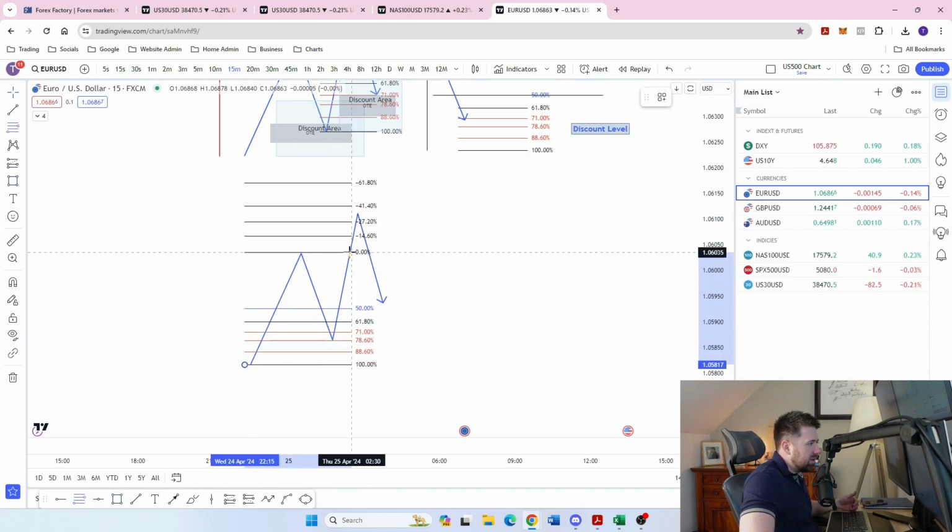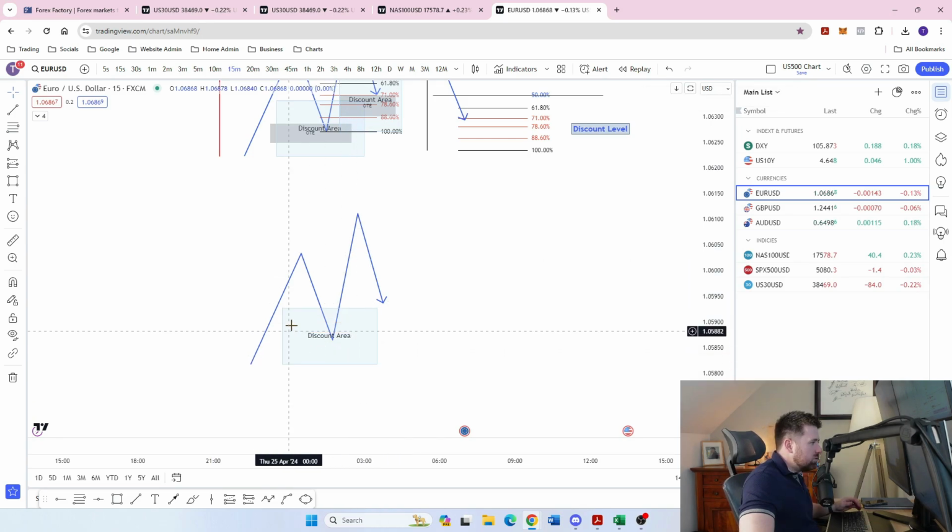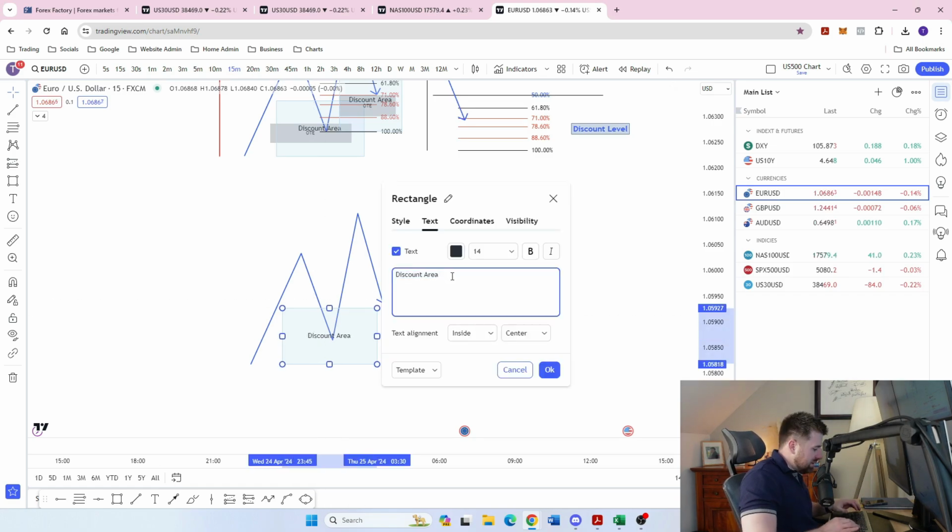When you see price coming into your discount area, and I'm just going to highlight the discount area right here, you don't just want to be pressing buy in here. You need a point of interest. You need something to be happening. So inside this discount area, you are looking for a point of interest that price will essentially react